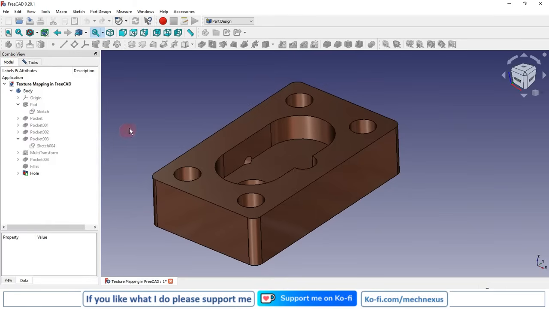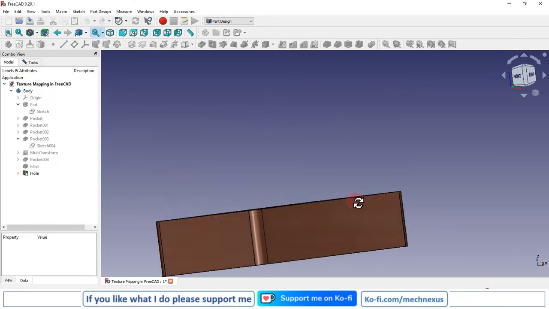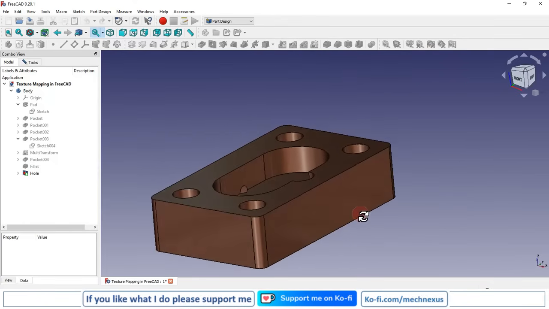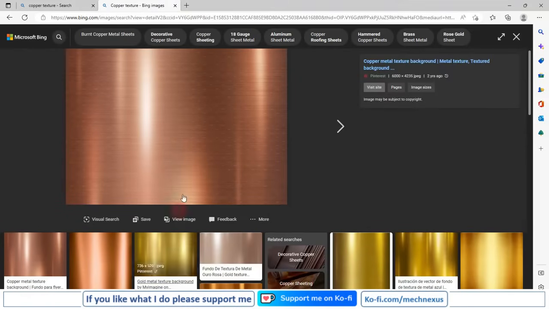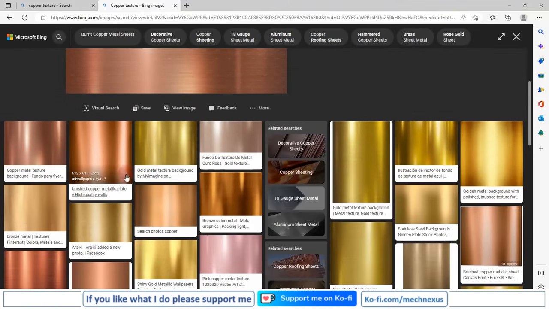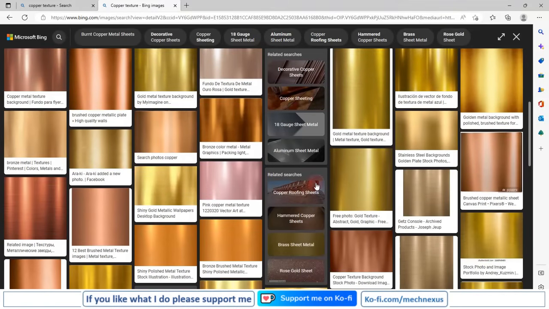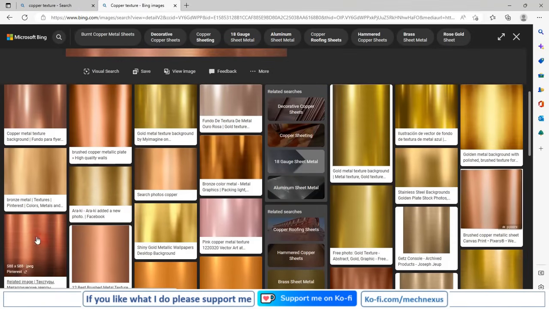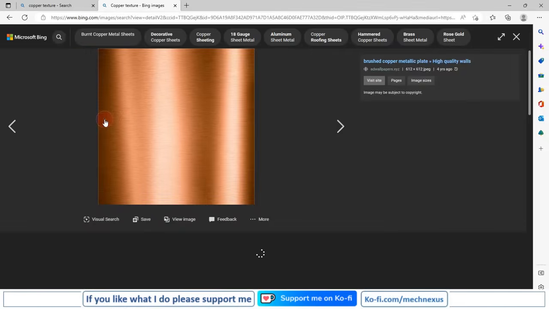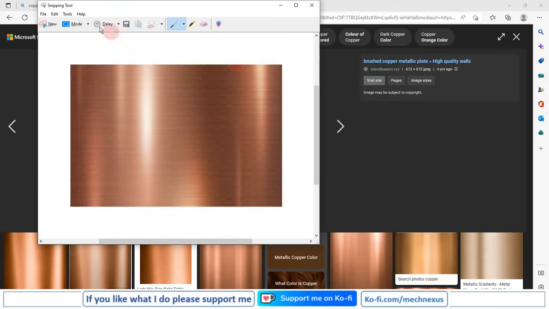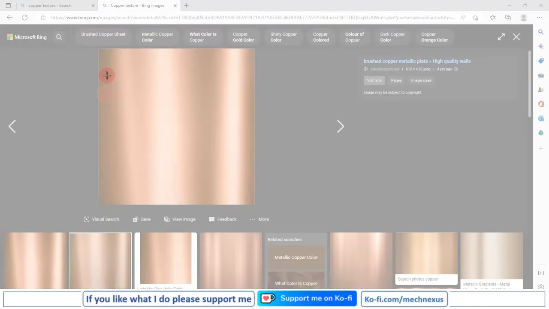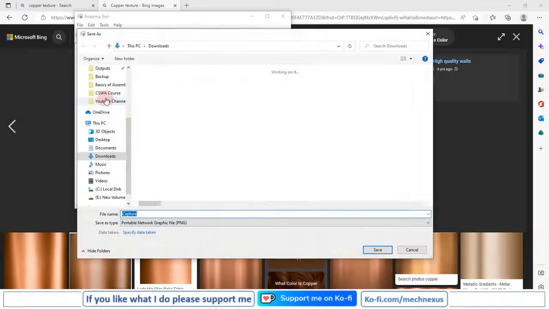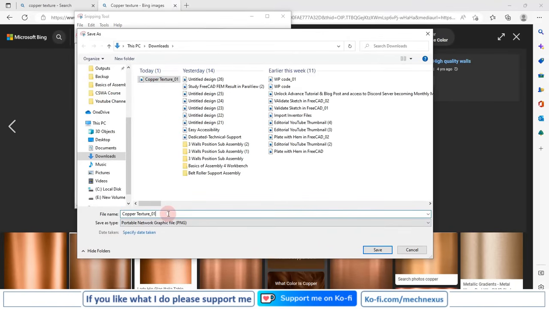Now I will switch to my model here, and I can see that a copper texture, and if I wanted to replace it with some other texture, for example I wanted to switch with this one, so I will take a screenshot and I will save as a copper texture 2